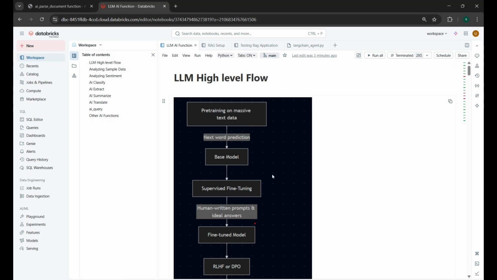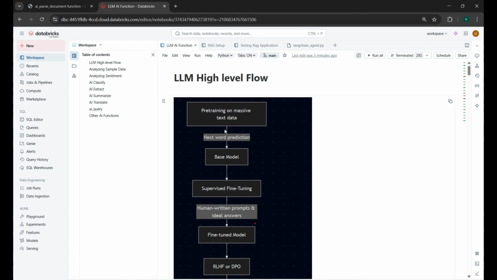Hey, hi everyone. In this video, we will see how we can leverage Databricks LLM options available, such as SQL AI functions, and then how we can deploy a RAG-based application in Databricks. So, as part of this video, we will cover the application side of LLM and not the technical aspect of LLM. However, to give a primer on what is LLM, LLM is basically a large language model which is